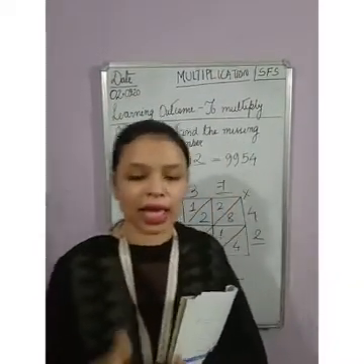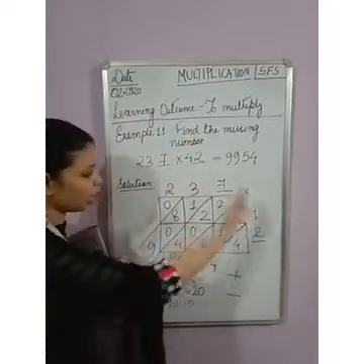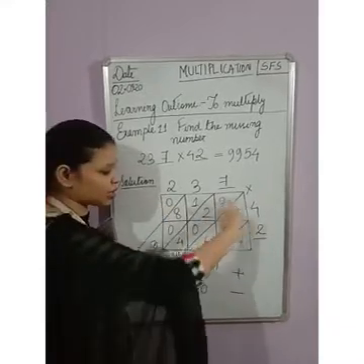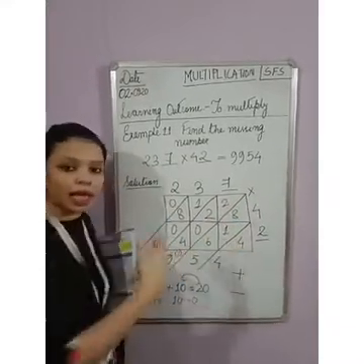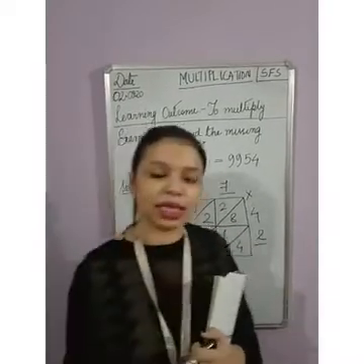Okay. And then we have learned about the lattice algorithm. So we can find the lattice algorithm in this way. Multiplication denotes the number of columns and multiplier denotes the rows. We put the numbers and we can find the answer. After that you can put it in the filling the blanks if it is asked.